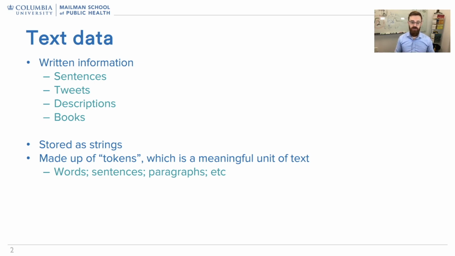This can come from a variety of sources. Maybe you're looking at tweets, maybe you've downloaded some doctor's notes, or some other kind of information. But the idea is that the data that you're dealing with is complete text. It's not just individual words, at least not at the outset. The text data that you're interested in is somehow some block of text, and this is going to be stored as a string. It's managed as a character variable in R,